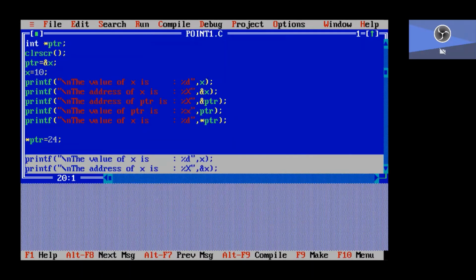now I'm going to print the values. After changing, what is the value of x? The value of x is 24.